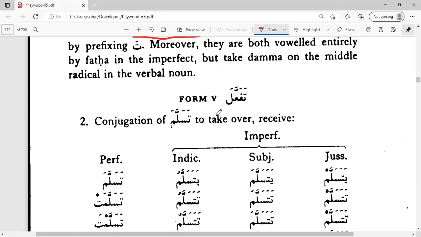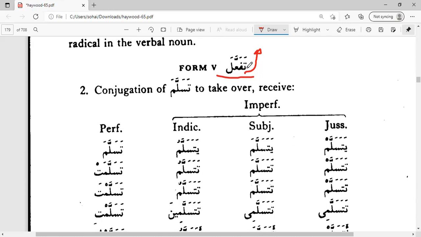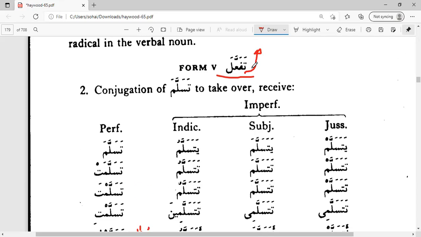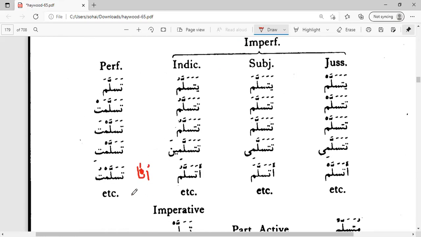So again, this form 5 first is on the scale of tafa'ala. Okay, don't get confused. Ta is not alamatul mudari, it's not a sign of mudari. This is an additional ta. So for mudari, we have to add an additional ta. Here it gives you the past tense. Ana tasallamtu. It also has a shadda on the second root letter. So tafa'ala, on the ain, the second radical, has shadda, and has an additional ta in the past tense. So ana tasallamtu,